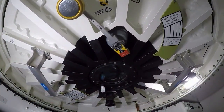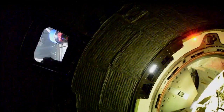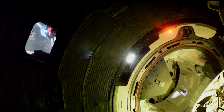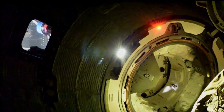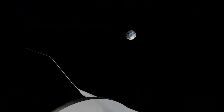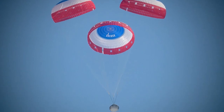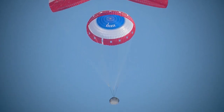On Wednesday, the station crew closed the hatch to the Starliner and said their goodbyes as the spacecraft autonomously undocked from the space station and began the journey home, carrying with it more than 600 pounds of cargo. Godspeed, Starliner. Not long after undocking, the Starliner re-entered Earth's atmosphere and came to a landing at the